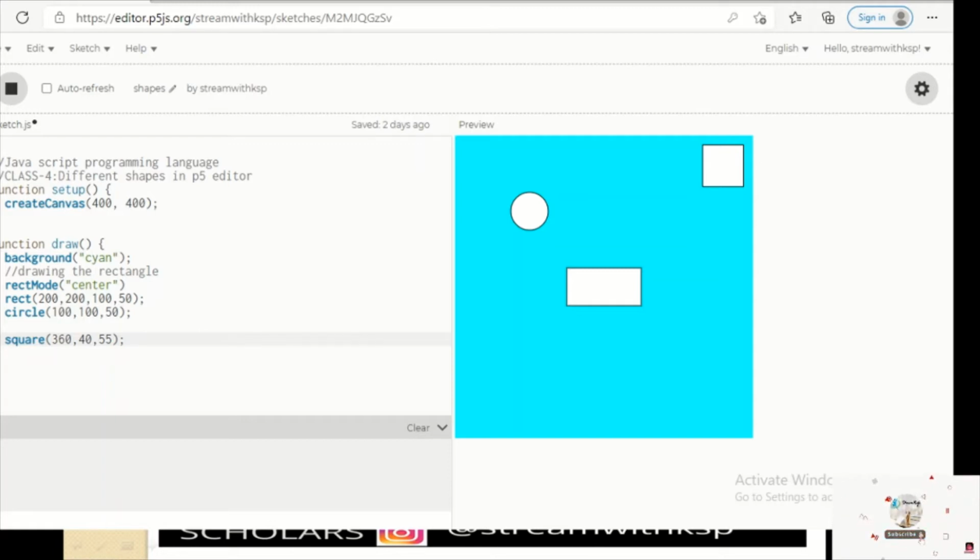What I told, we are going to create 4 squares on the 4 corners. Now our task is to create a square in the top left corner. If I need to create a square in the top left corner, I need to write the square instruction once again. So I am going to copy this instruction and I am going to paste it in the 15th line. If you want to copy the instruction, you need to select the line first. You have to click on Control C. You have to click on the buttons Control and C at a time, and then you have to go to the 15th line and again you have to click on Control V.